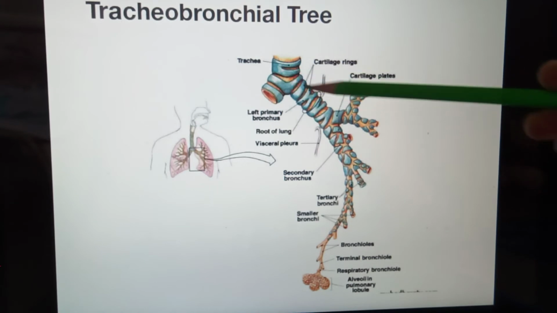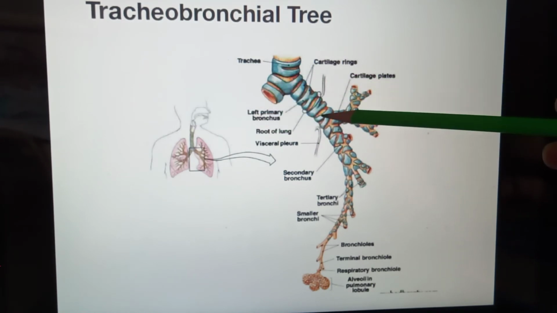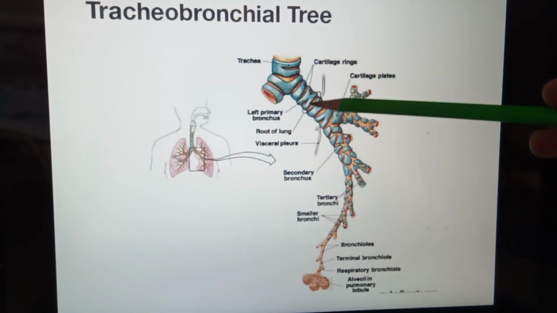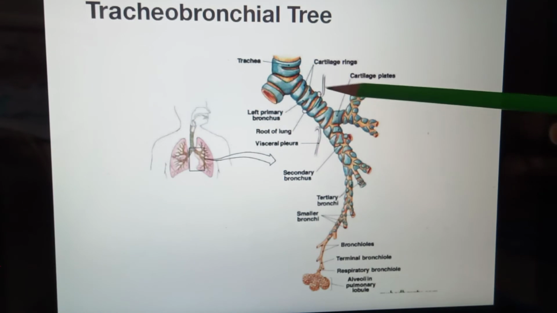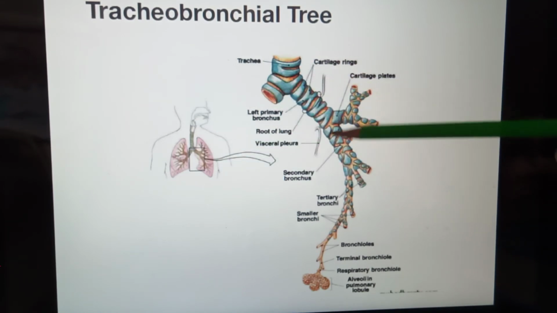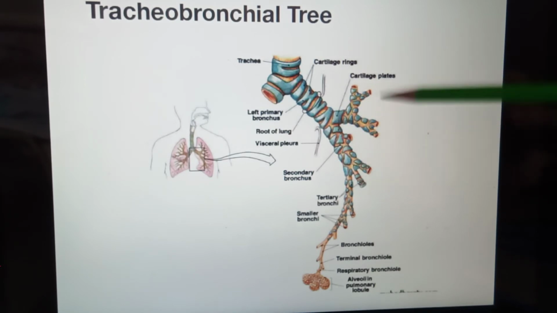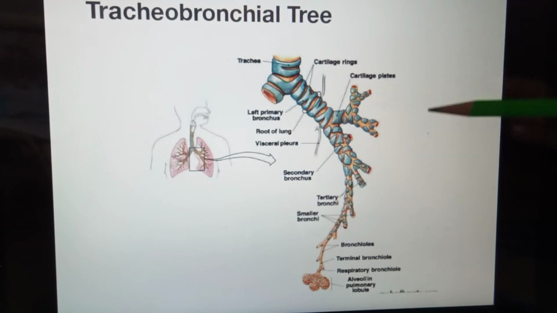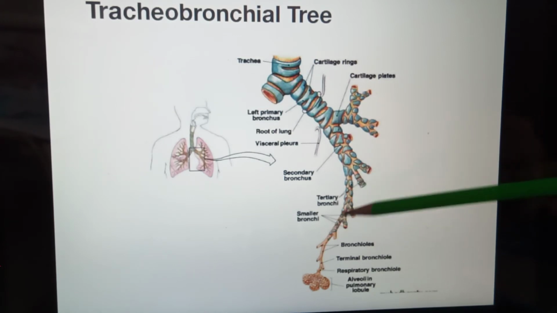This is the primary bronchi, the left primary bronchus. Like this, there is also a right primary bronchus. This is the left primary bronchus, this is the right primary bronchus, which enter the lungs. This is the lungs. Okay, there's a zoomed figure of this part. Now it bifurcates into two parts, that is the secondary bronchi, and this again bifurcates into so many parts. Tertiary, then this is the tertiary bronchi, and finally it will divide into two parts, and we can